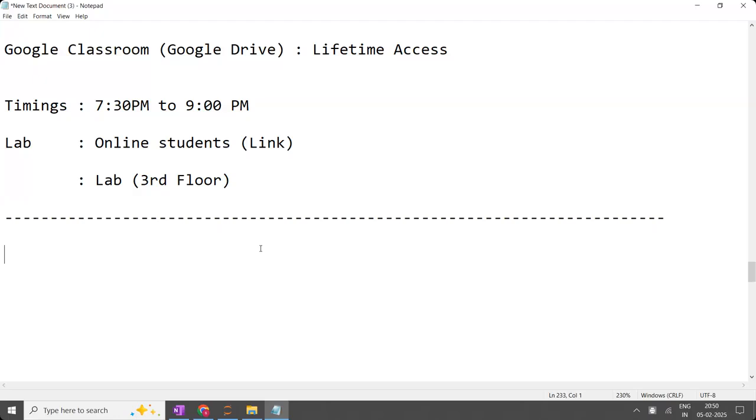If you know another language, like Java, you will say, sir, in Java we used to do like this, and in Python we have to do like this. Comparisons will come. If you don't know anything, there is no comparison. Even if you are a blank paper, it is not a problem for me. I am going to teach from the scratch level. Even if you don't know anything, just follow blindly, but whatever I am teaching, you should learn.